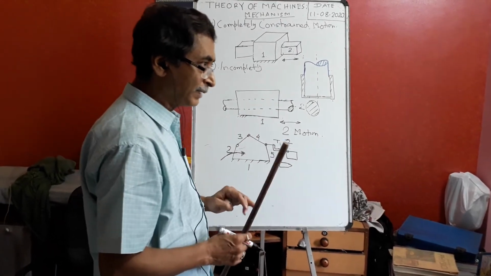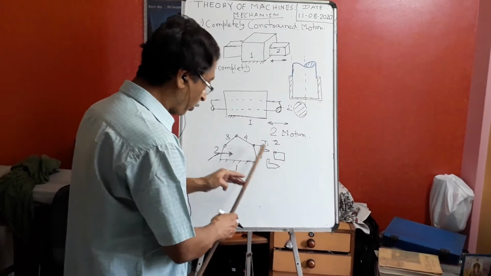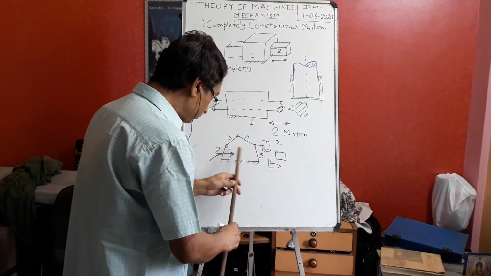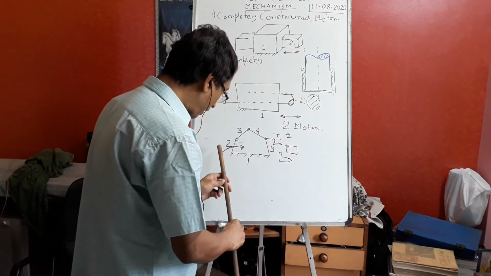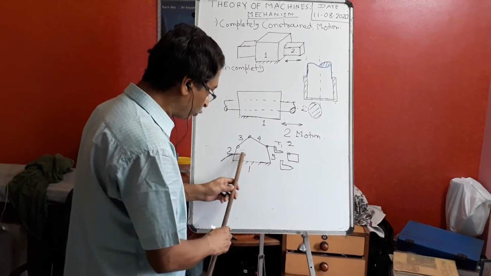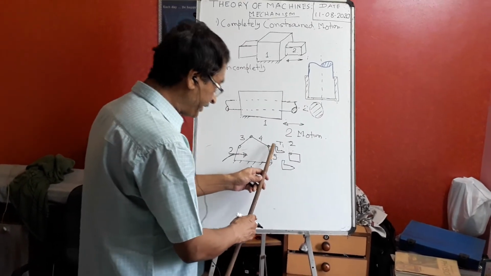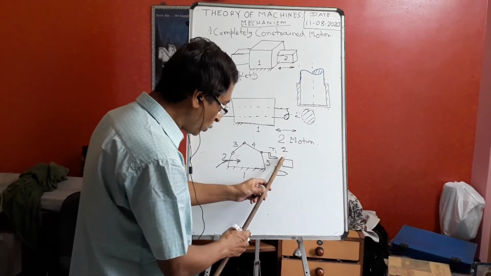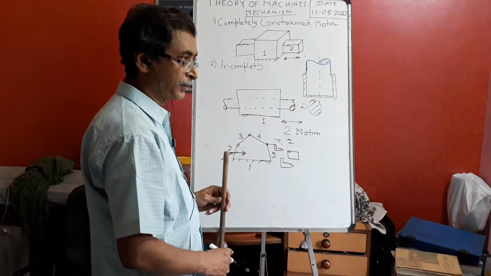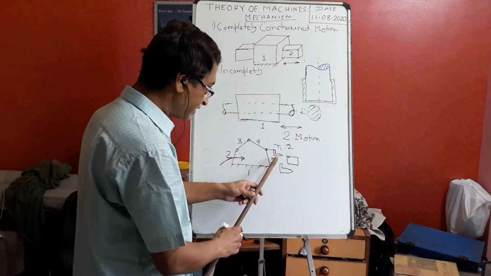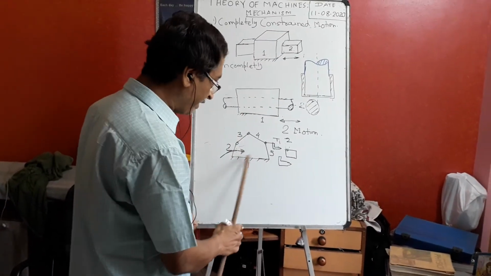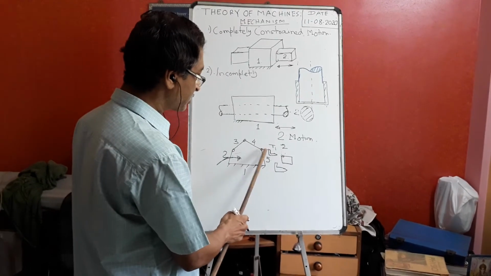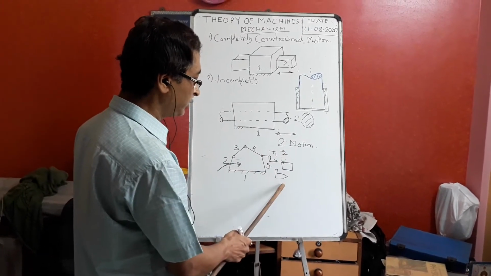And what is the objective of our mechanism? It should be constrained. However many times I give the command, the tool should go to the same place every time. However many times I give the command to link 2, every time the tool should go to the same position. If that happens, then this mechanism is called constrained. Otherwise it is the same behavior, but sometimes the tool is going here, sometimes here.